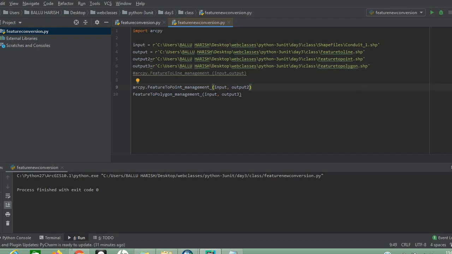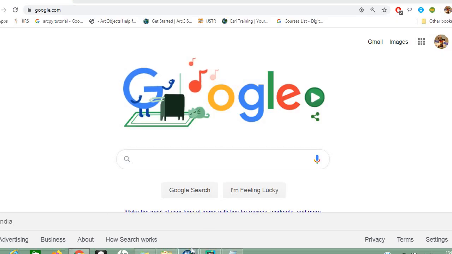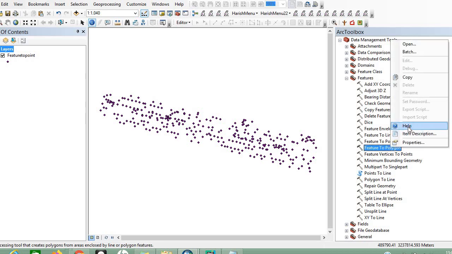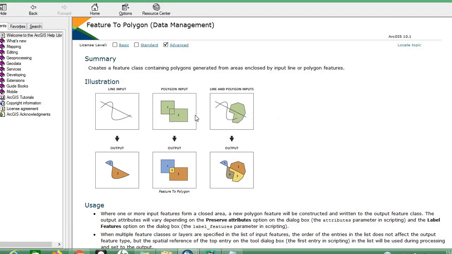Okay, we have given the input, and we have given the output also with the name output 3. Just if you see, okay, just one minute, feature to polygon help. Here you are giving a polygon input, and you will get the output in this way. Okay, is it clear? Using these figures we can expect what our output is going to be.